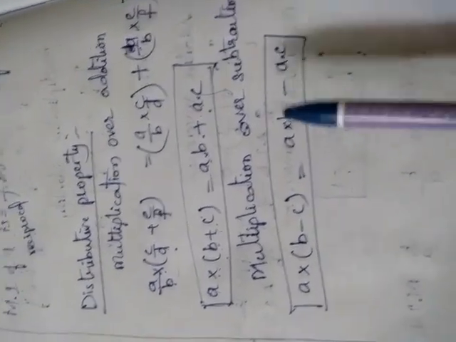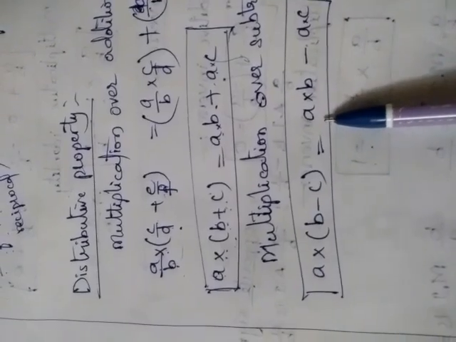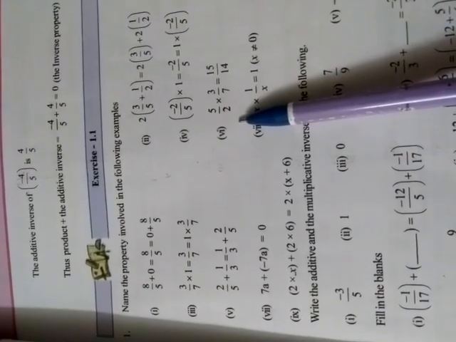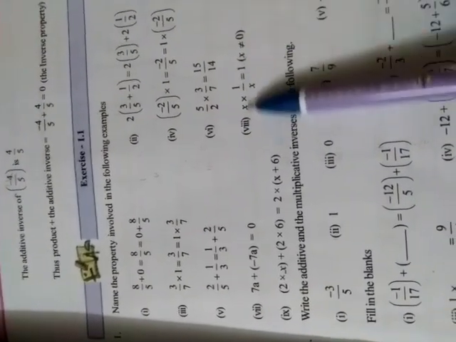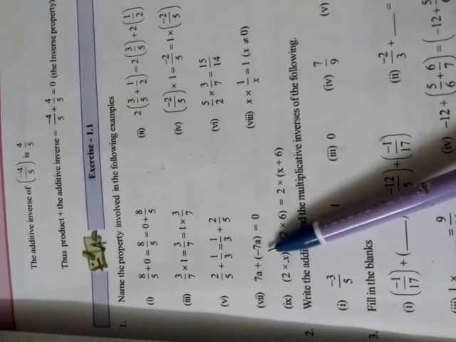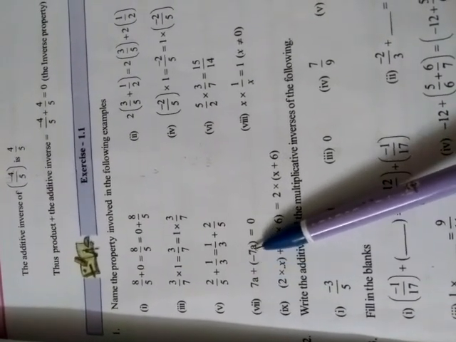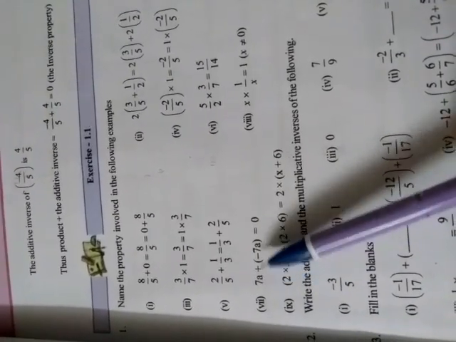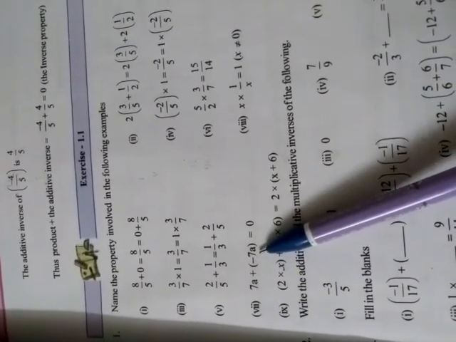Okay, clear? It is given in the key points. Now we come to the exercise. In the exercise, these are all properties you learnt. Observe carefully, then give the answer, which property, on the side only. If commutative property over addition is there, write that. If the opposite sign is there, the opposite sign means additive inverse. See, 7a plus minus 7a: 7a is the same, here minus is there, the opposite sign came, which means additive inverse. Okay, understood? Now clear?